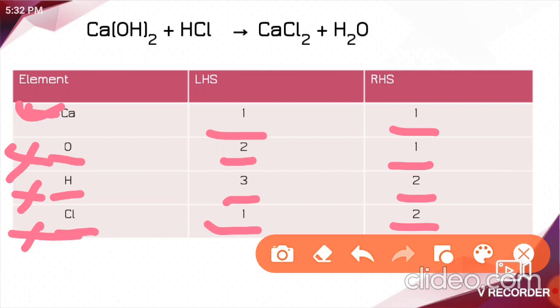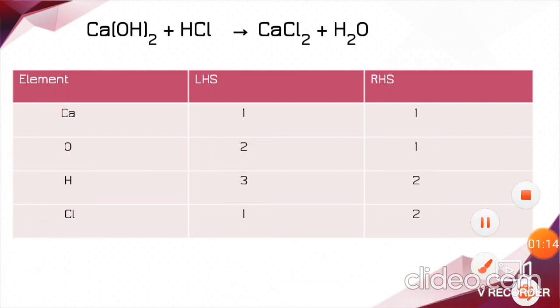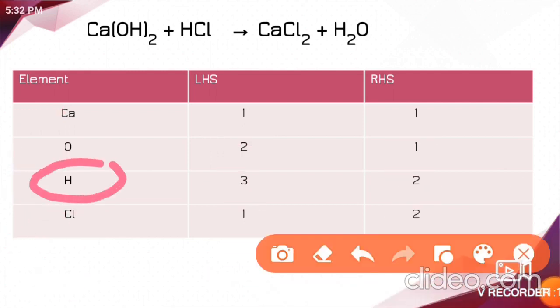Children, this reaction is a bit difficult for you, right? Because here 4 elements are involved in this reaction. In such a case, try to balance hydrogen at last. Because see here, hydrogen is present in more than one chemical formula. In this formula also hydrogen is present, here also hydrogen is present. Means it is present in more than one formula. Right or no? In such a case, we just keep the hydrogen to balance it last. Okay, try to balance the hydrogen at last and balance the remaining.